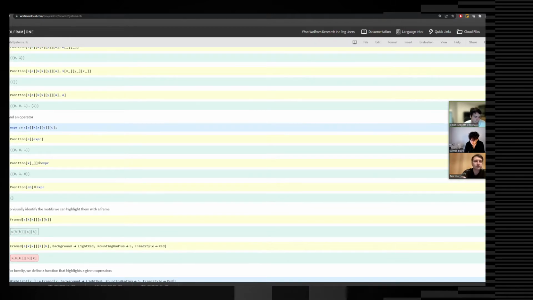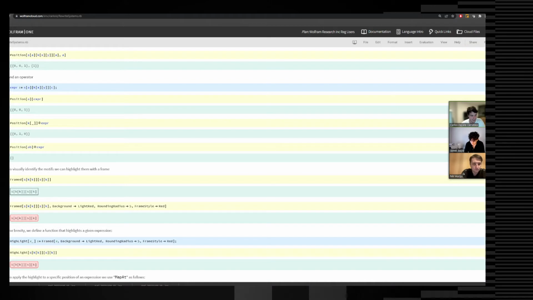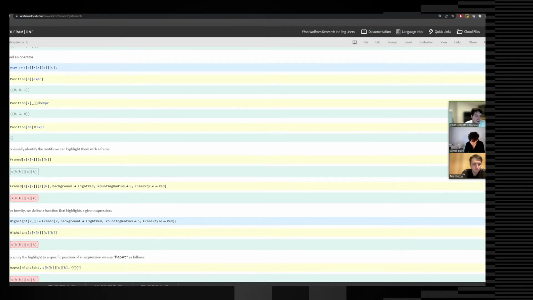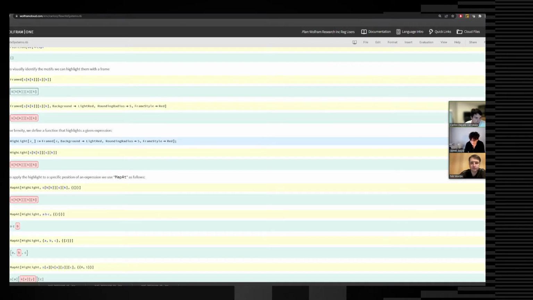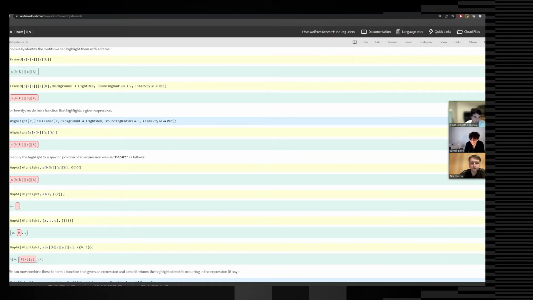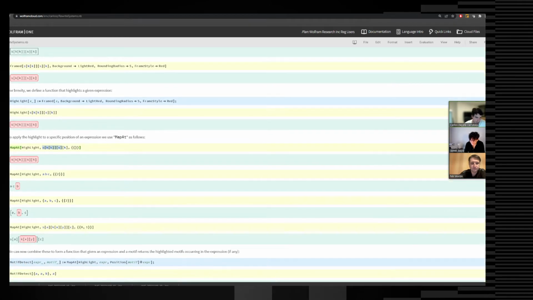Then we want to highlight, so this is just some kind of red frame to detect something that is there. We can give different colors. We can have more sophisticated functions that use different colors depending on what you're detecting. And you use this map-add thing to give an expression, just mapping where the pattern is. So this is the simplest expression, where you have a position and an expression, and you just map it like that. Very simple.